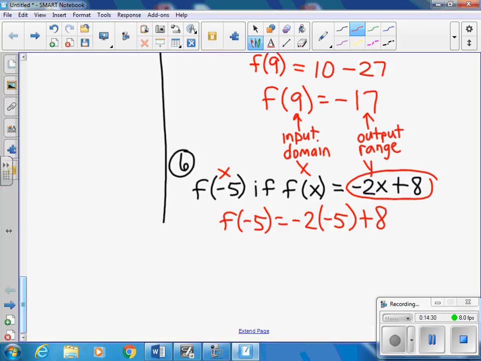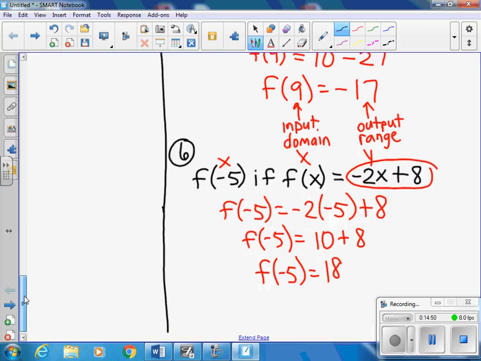Okay, and then we're going to do our order of operations. Multiplying has to go first. So f of negative 5 equals positive 10 plus 8, which means f of negative 5 equals 18. Okay, so the math is really the order of operations, but you've got to plug in the number correctly to make it happen. All right, and then the last type of problem you will see pertaining to function notation,